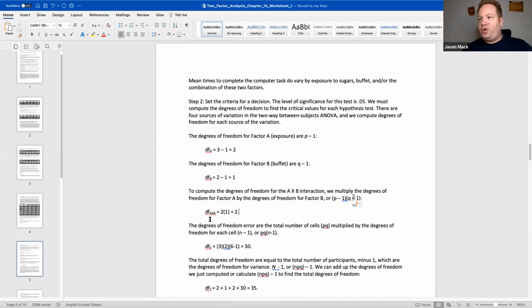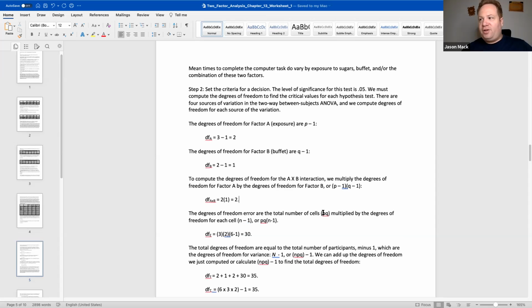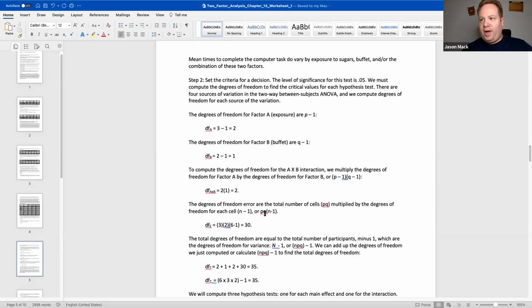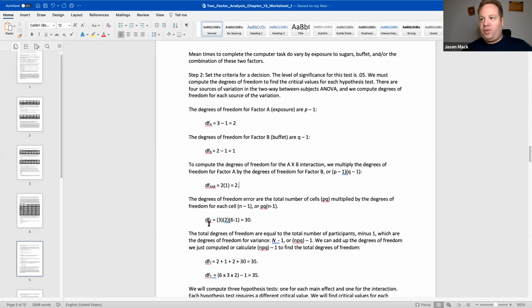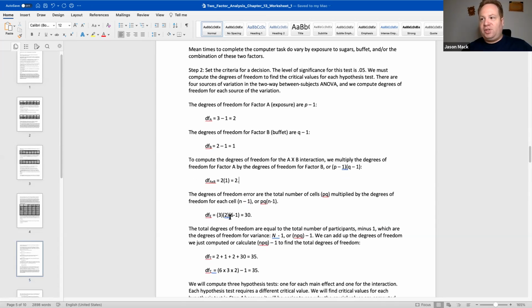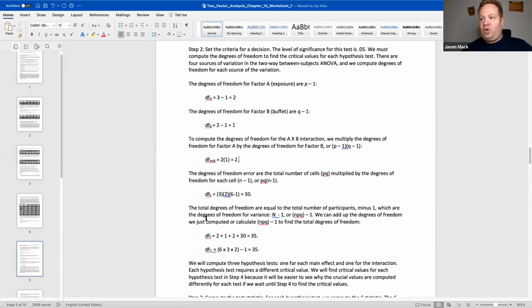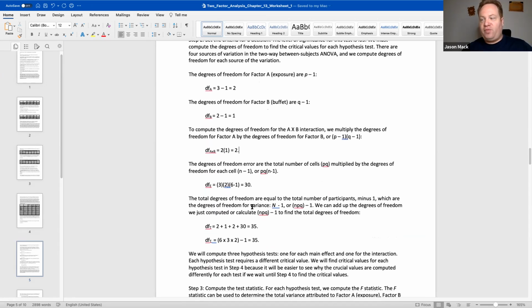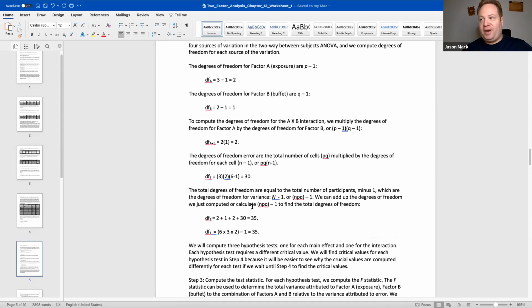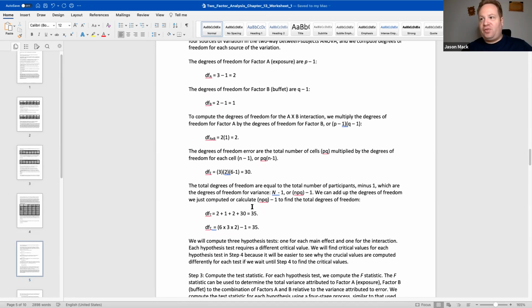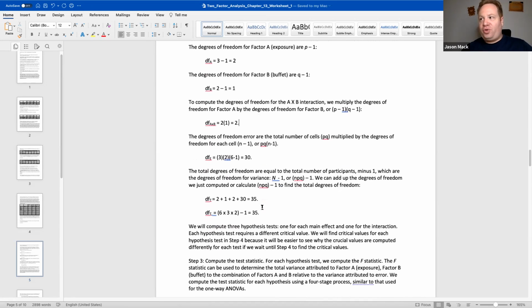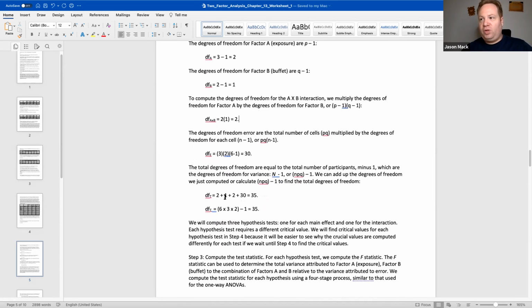So therefore, the degrees of freedom error are the total number of cells, PQ, multiplied by the degrees of freedom for each cell, n minus 1, or PQ times n minus 1. Therefore, the degrees of freedom error is equal to 3 times 2 times 6 minus 1, which is equal to 30. The total degrees of freedom are equal to the total number of participants minus 1, which are the degrees of freedom for variance, n minus 1 or npq minus 1. We can add up the degrees of freedom we just computed or calculate npq minus 1 to find the total degrees of freedom. Degrees of freedom total is 2 plus 1 plus 2 plus 30, which is equal to 35,